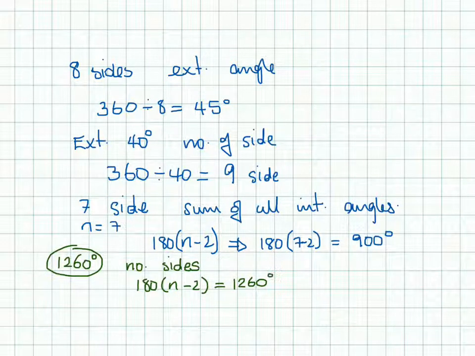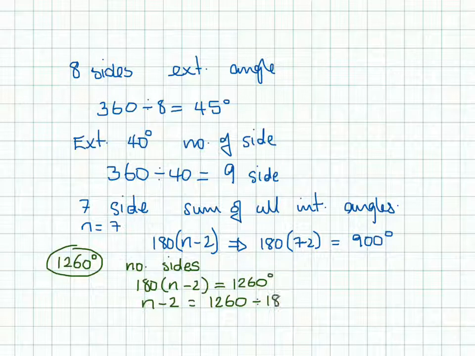Well, a quick bit of arithmetic first of all. I've got 180 multiplied by this bracket, so I will divide by 180 to get rid of it real quick. So I will end up with n take away 2 is equal to 1260 divided by 180. So we get n take away 2 is equal to